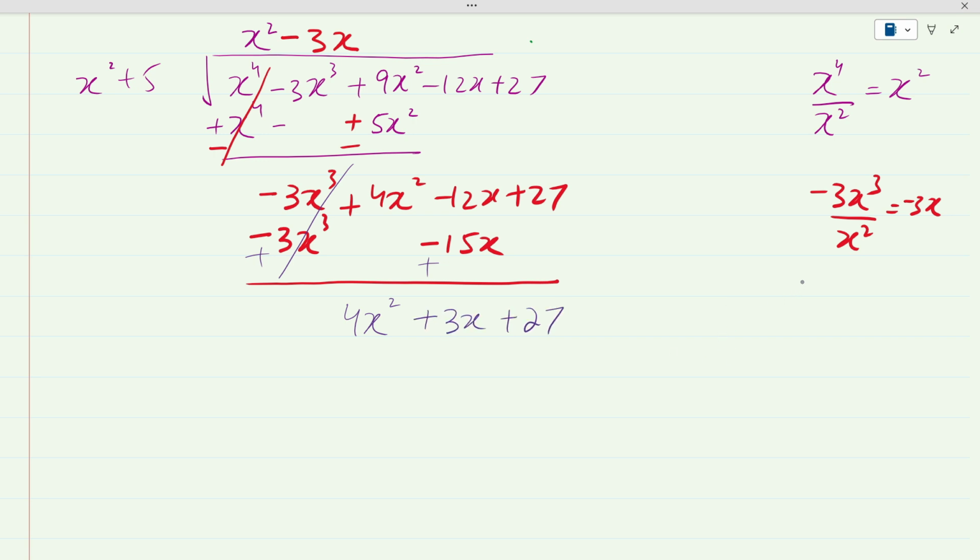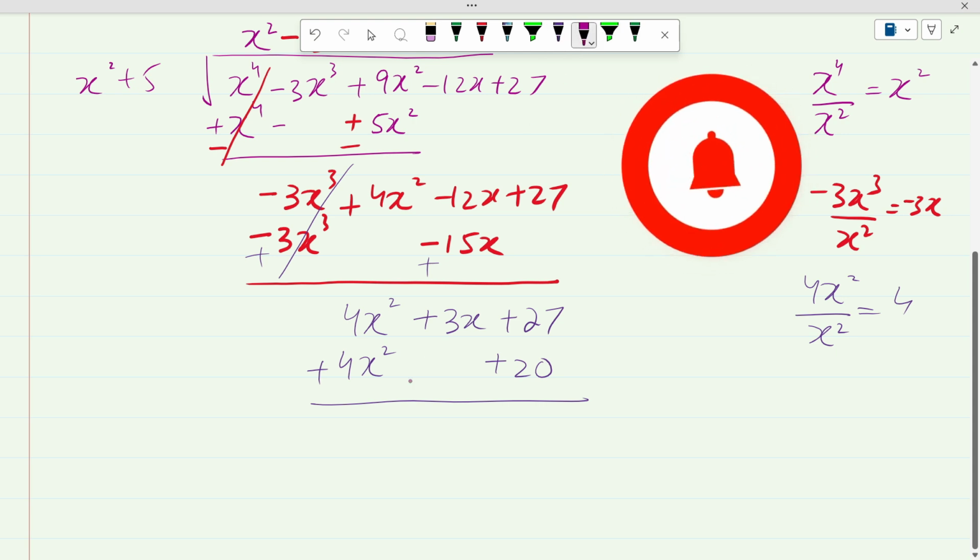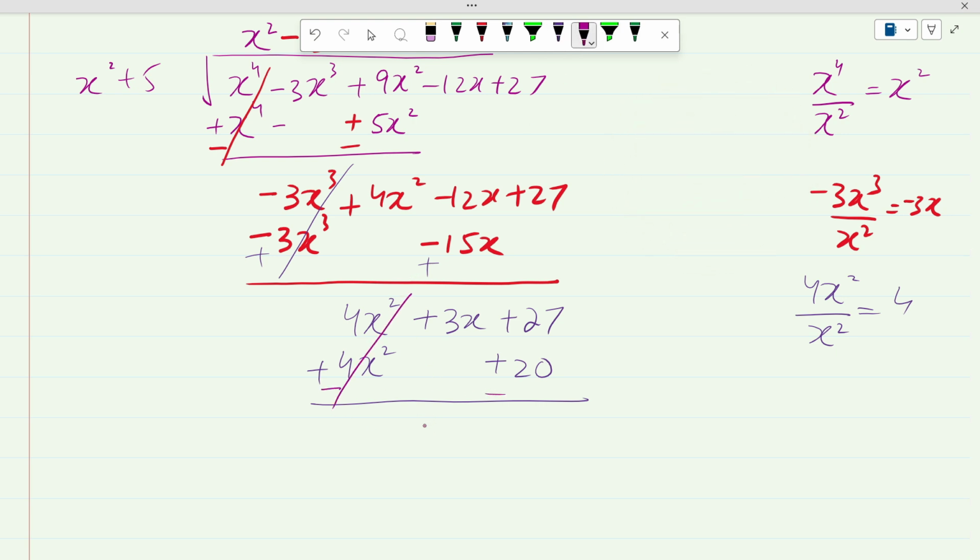Now the rest of the process is the same. 4x squared divided by the first term of the divisor, we have 4. That would be the next term of the quotient. So now we have 4x squared plus 20. Then we are supposed to change the signs again. Let me change the color for you. Now change the signs. First term always cancels out. Now 3x plus 7. Now this is our remainder,